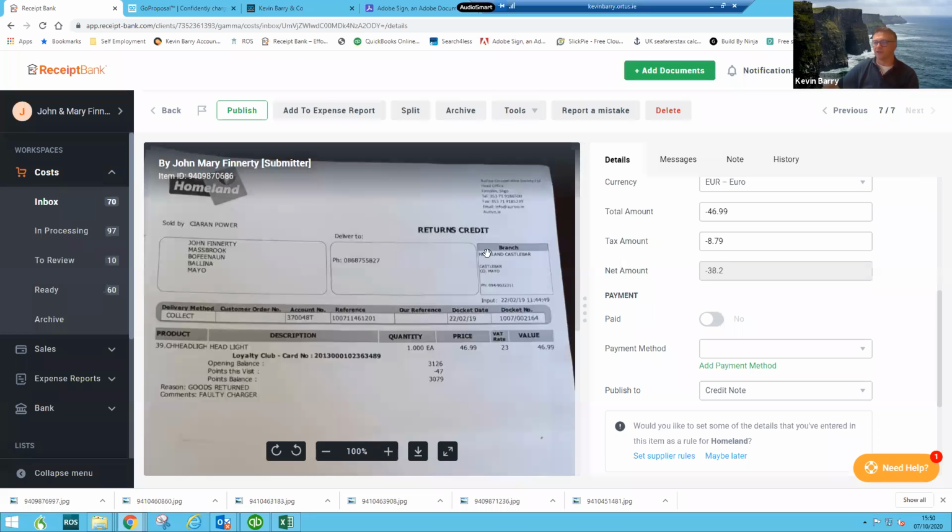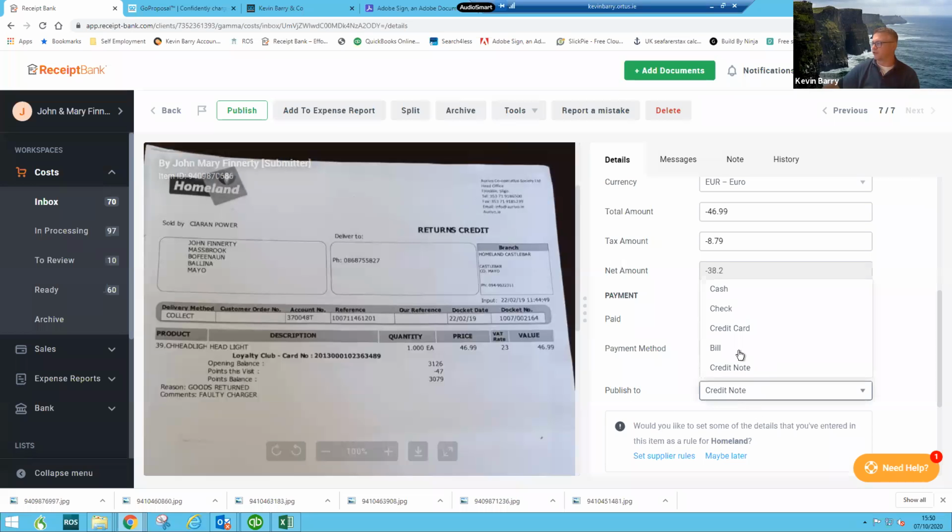Okay, just showing you about the return credit there, where normally we would bill here if it's a credit note. Put credit note on there. And we just look through Homeland, and with the Homeland ones,